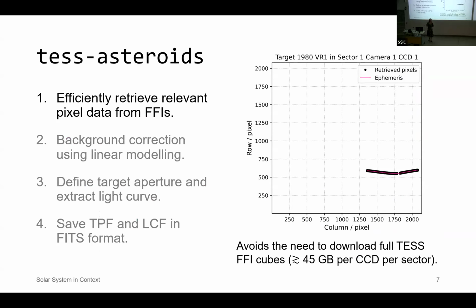Each TESS full frame image is 2,000 pixels squared, and each image cube for the whole sector is more than 45 gigabytes per CCD. To avoid having to download and work with these very large files, we only download the pixel data that is necessary. That's illustrated here. You see here the ephemeris of an asteroid across a TESS CCD, where only those relevant pixels